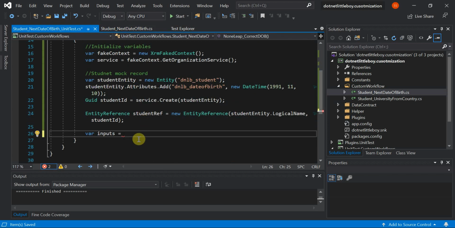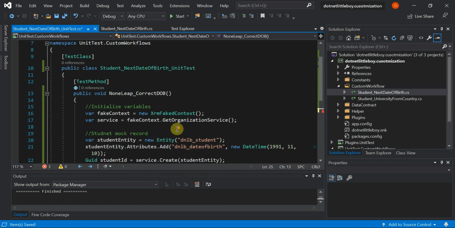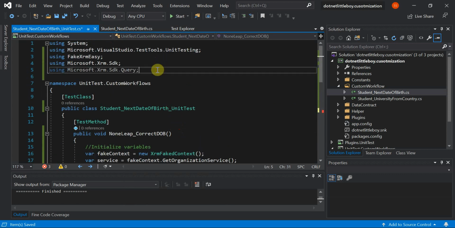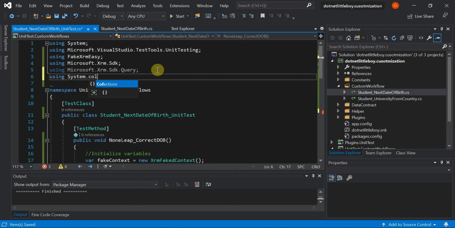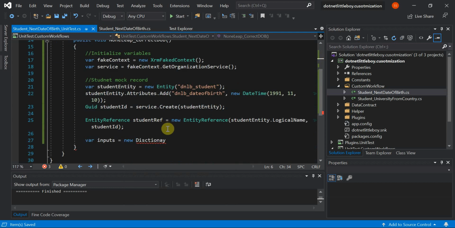So here I'll take inputs equals new dictionary. This is the collection, present in the system dot collections here. So I have to use that namespace. So using system dot collections dot generic, and here I'll take the dictionary.